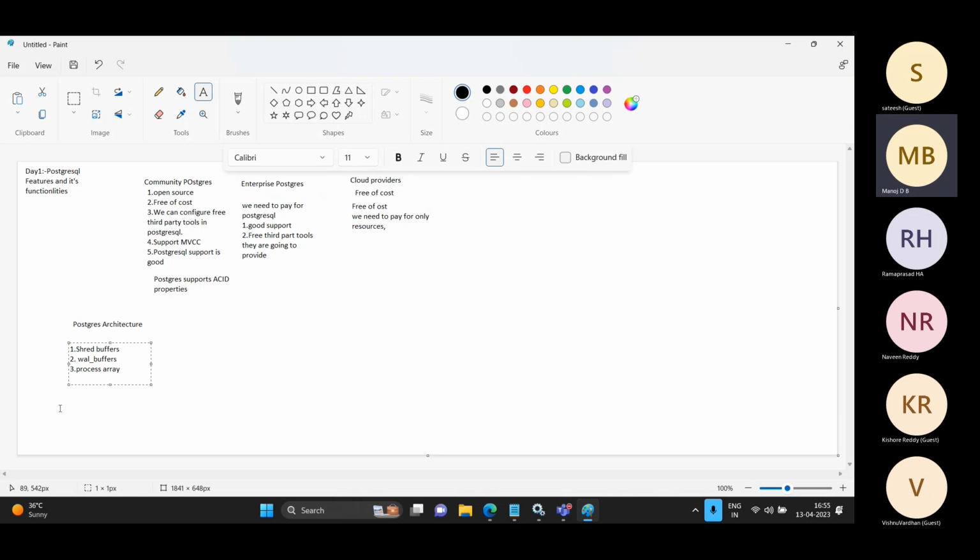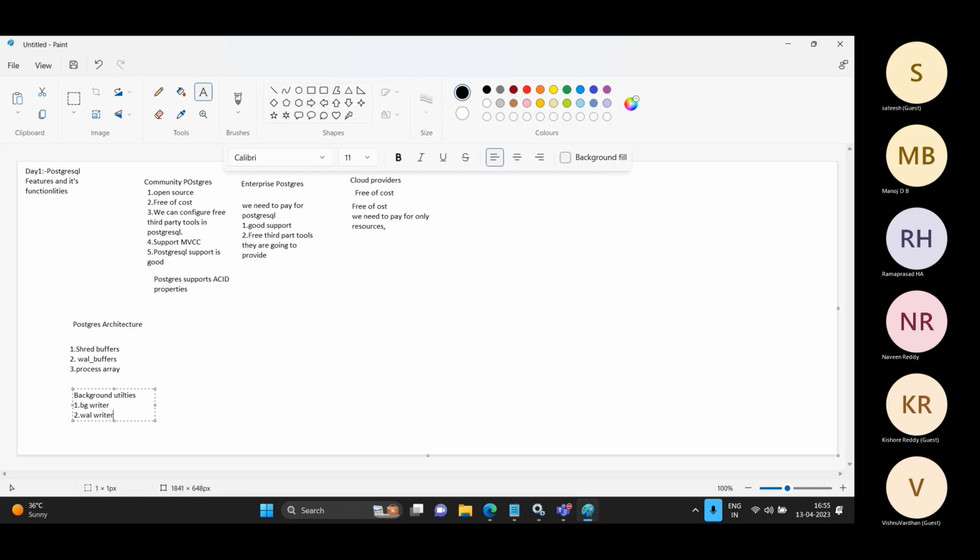Exactly. See here, I will write here background. We are going to call it background processes as well as background utilities. What are the background utilities? BG writer, WAL writer,